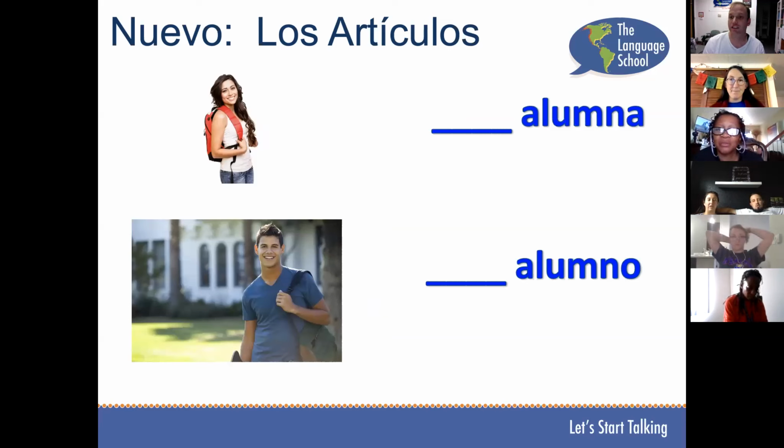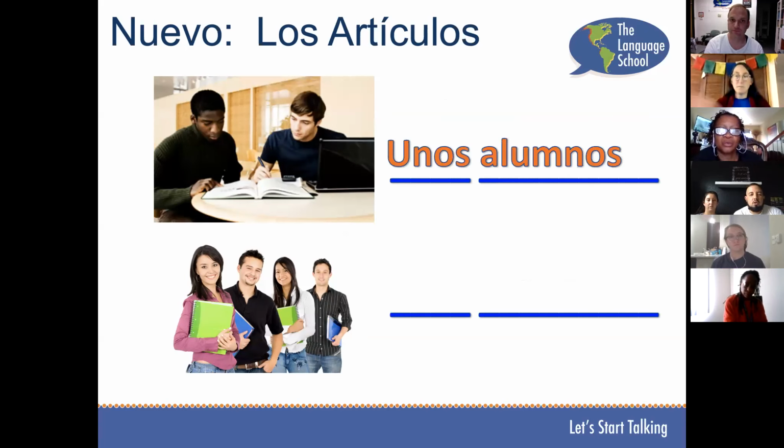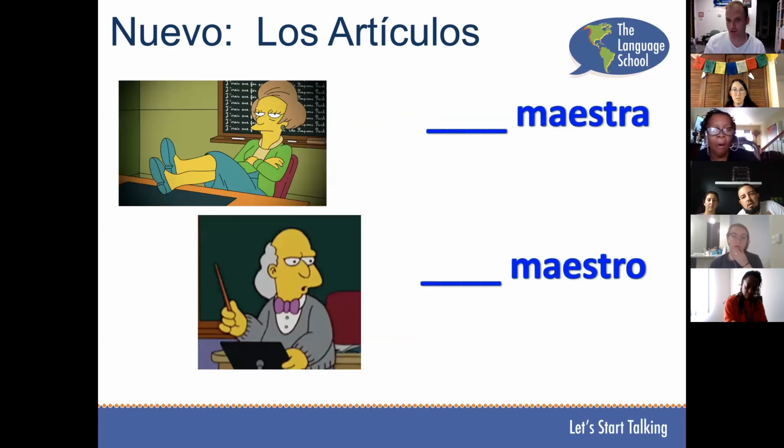And then Orlando? Unos estudiantes. We're going to go with the same word, which is alumnos. Unos alumnos. Oh, okay. I was just thinking students. It does mean students too, it's just another word. And then unos alumnos. Yeah, good. Again, masculine. Even though there's a couple of female students in there, it's a mixed group, so it goes masculine. Muy bien, Shelby. Una maestra and un maestro. Okay. Kia.